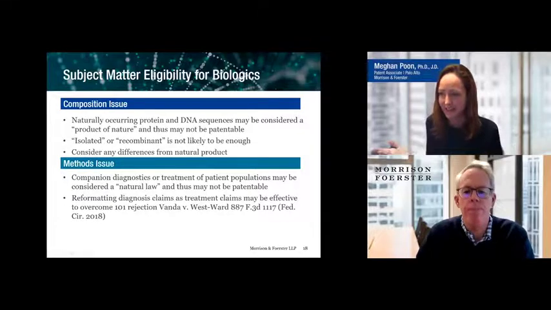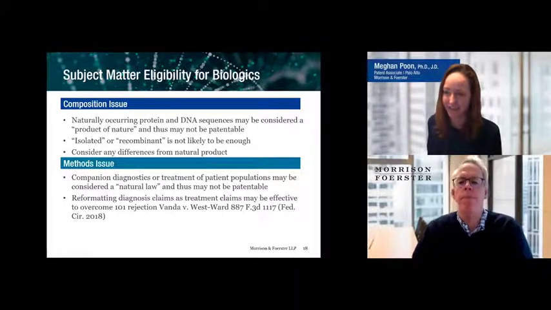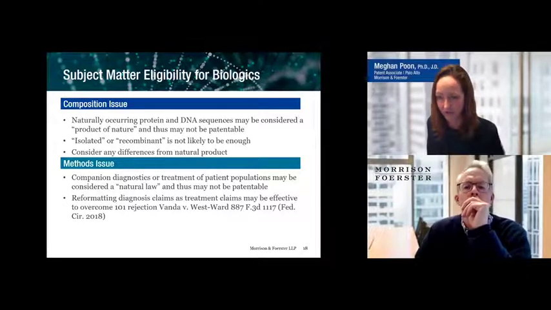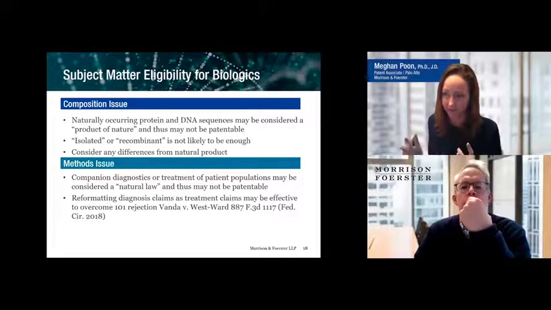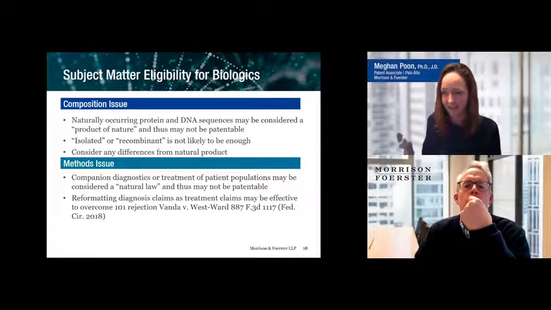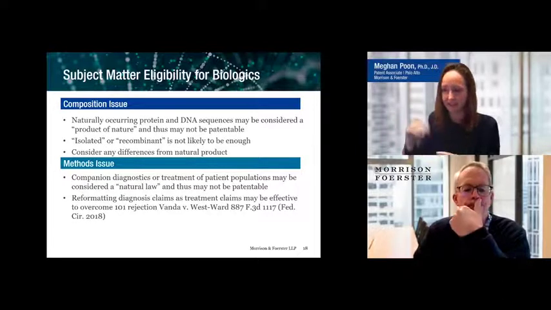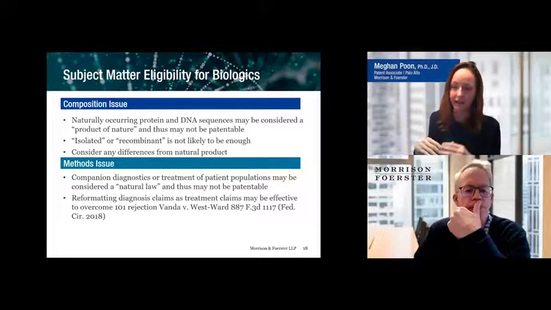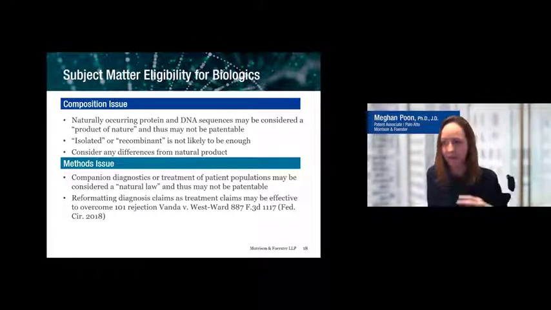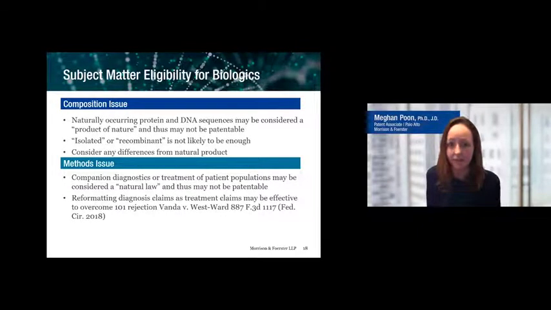So just think about that in terms of your strategy. Think about all of the potential uses, and you want to make sure that you pursue claims, ideally, that are broad enough to cover the various uses of your product. This is why we think about all of the different layers, the composition layers, the formulation, and so forth. So hopefully you can get coverage of your product even if people are using it off-label. You've got those composition of matter patents, or you've got that formulation patent that can still cover.